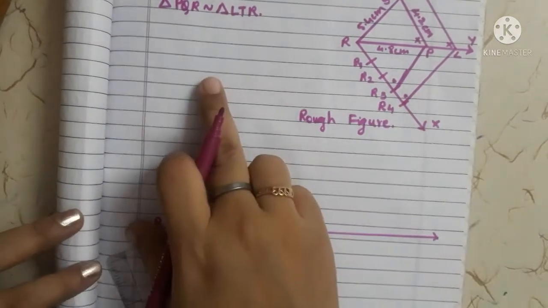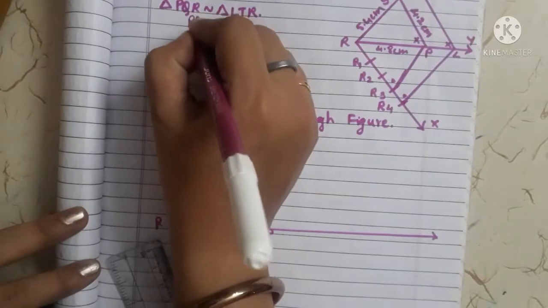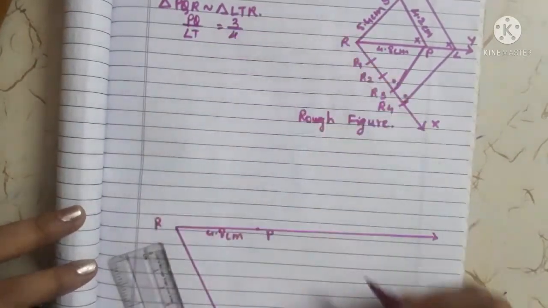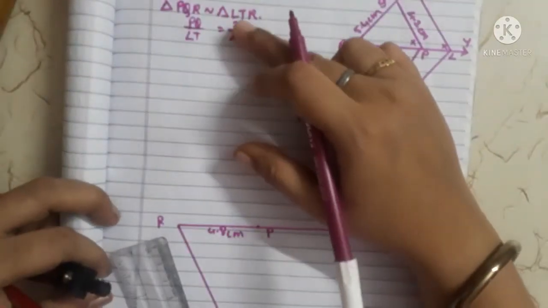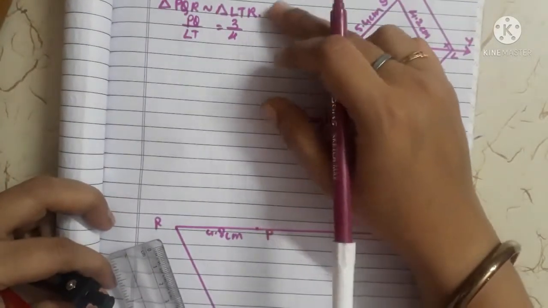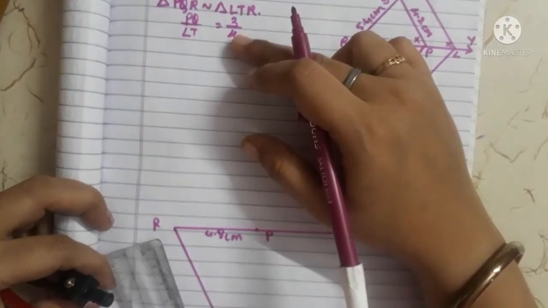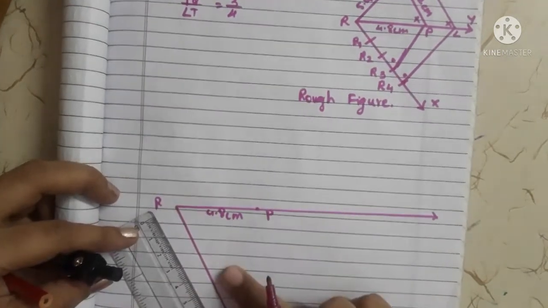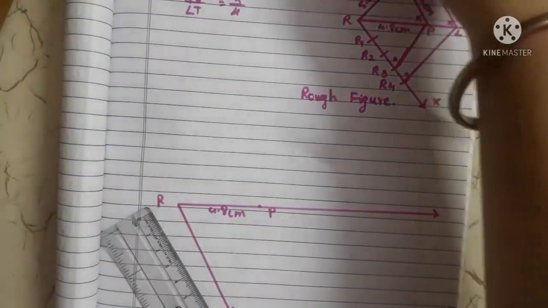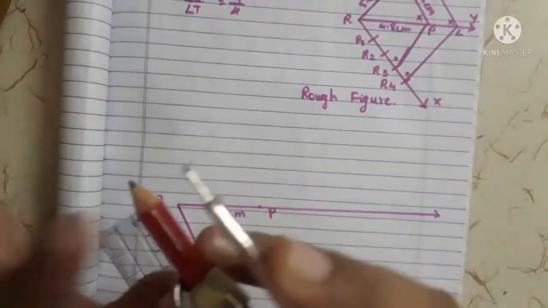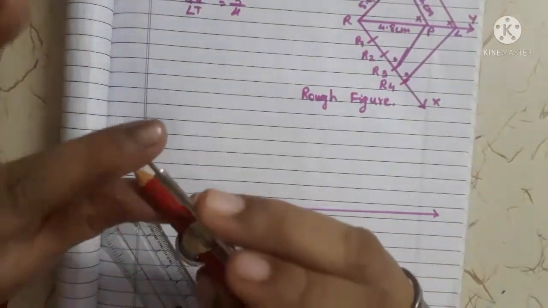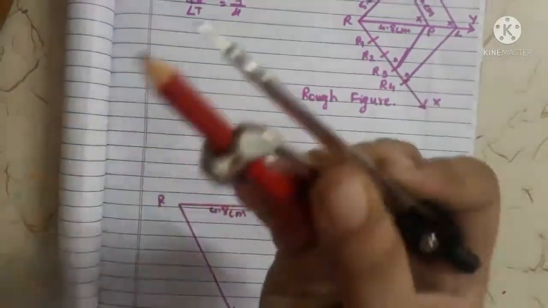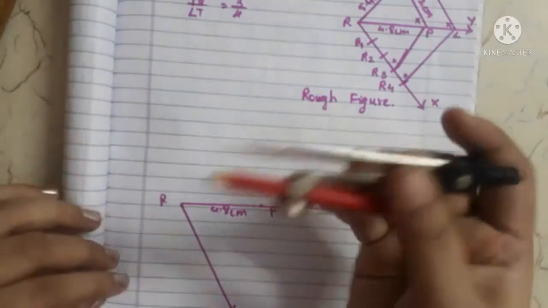Now in the question it is given that PQ upon LT is equal to 3 upon 4. So whichever is the larger number in the ratio, if it is 5 upon 4 or 2 upon 4, we have to take the larger number and that many divisions we will draw on this arm. This measurement you can take any measurement. There is no rule that you have to take this much only. So see this much I have taken. It may be approximately 1 centimeter.